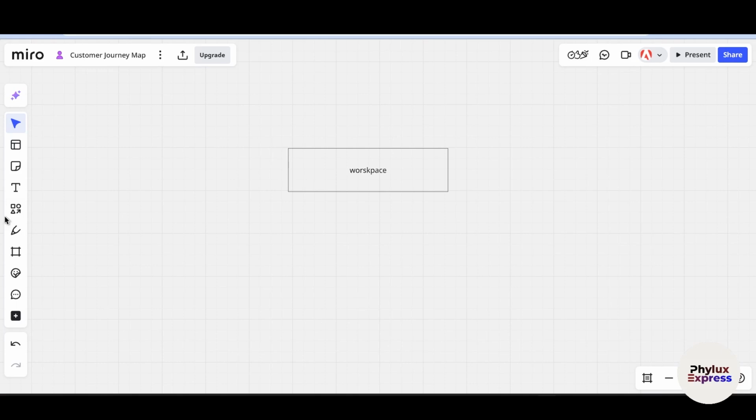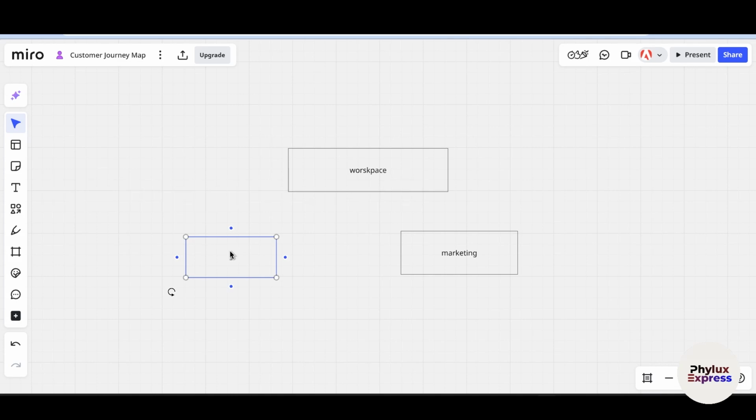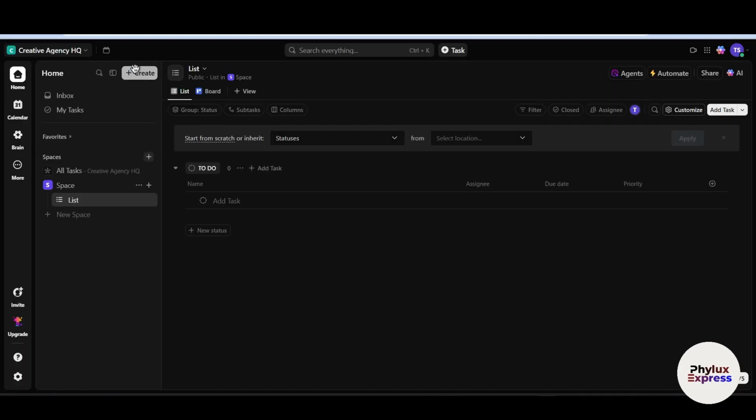So this is like your workspace, and into that workspace we have different types of spaces. Basically, the sub workspaces you can say. Let's say we have two spaces. First is for marketing, and then we have sales. So let's move back to our so here to create spaces, just think of spaces as your main bucket